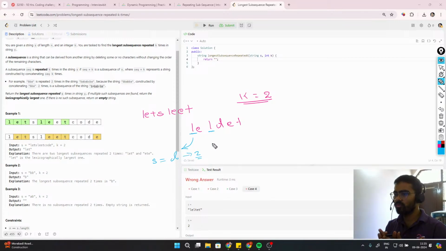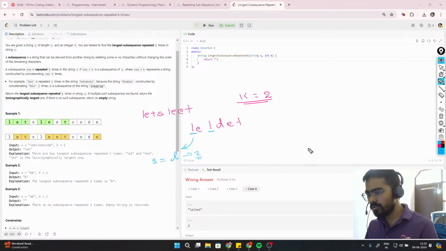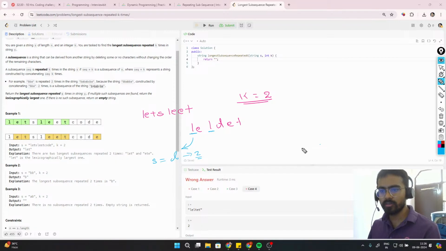One brute force approach is to find all the subsequences of this and keep them in a map, and whatever the count will be, if somewhere we find that it is greater than or equal to k, that subsequence is repeated. Okay, now